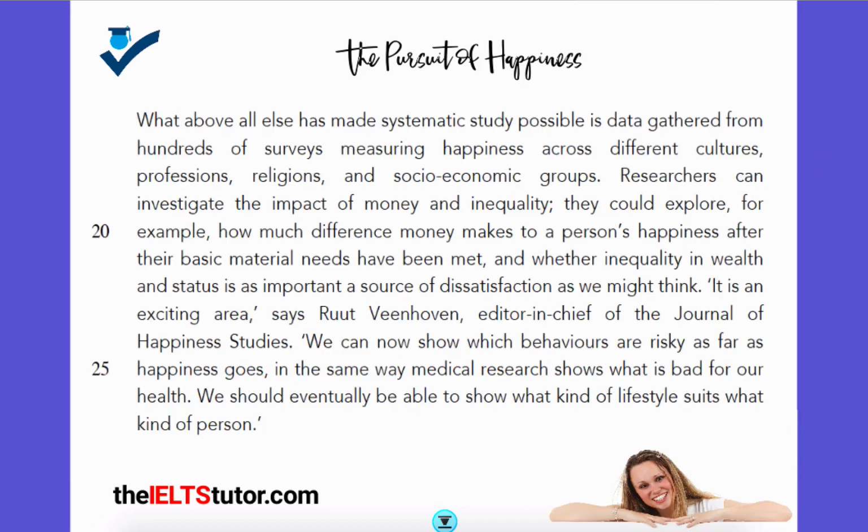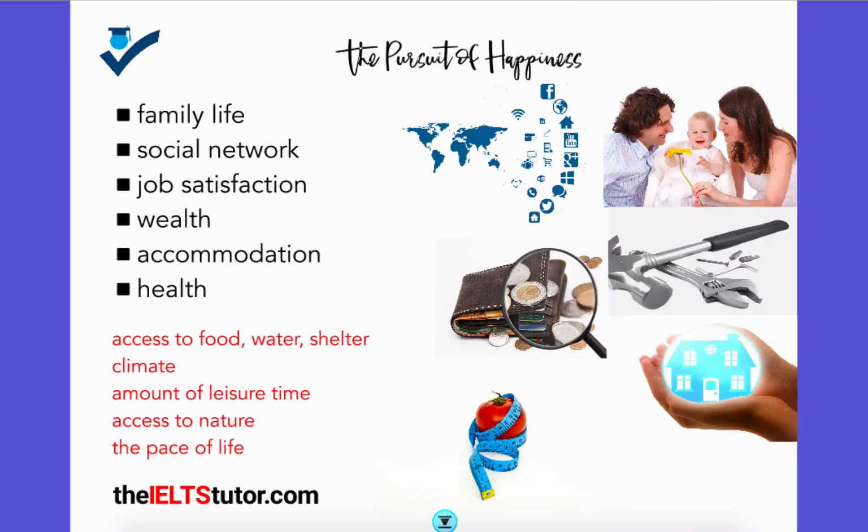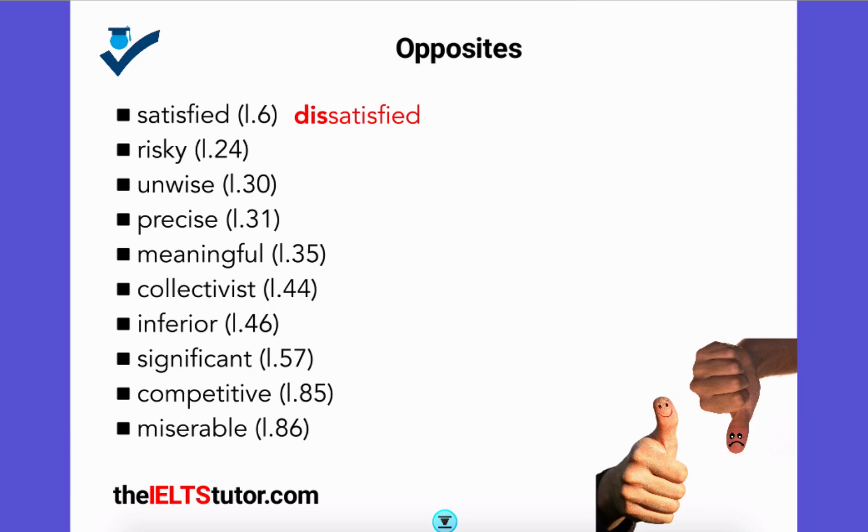Okay, moving on to the next word, which is risky. Now, what do you think the opposite could be here? We can't really add a prefix or a suffix here because I don't think that works. So let's use a completely different word. In other words, safe. Let's look at the word used in context here,